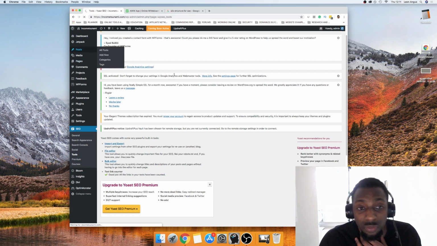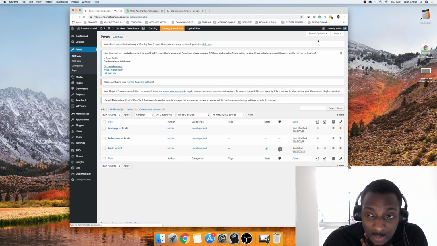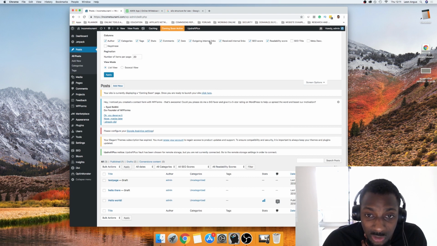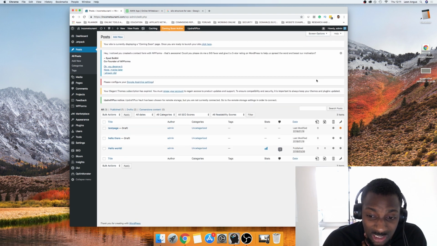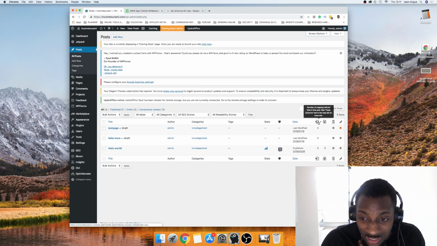Once you've done that, what you'll be able to do is come over here, and if you go to screen options, you'll now have an option to see your outbound internal links and your received internal links to each post. Now this is not for external traffic or anything like that. This is purely based on your website interlinking. Okay, so you can see here, these are the outbound links from your post, and then this is the internal